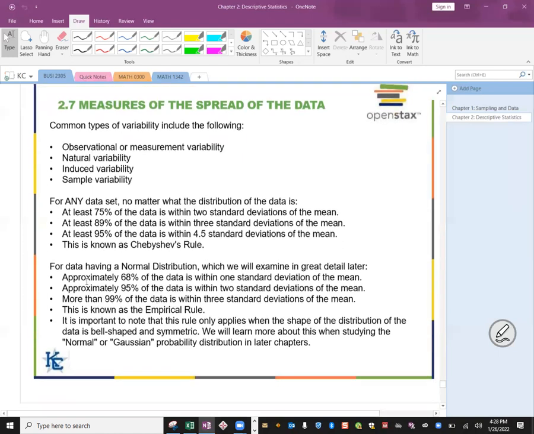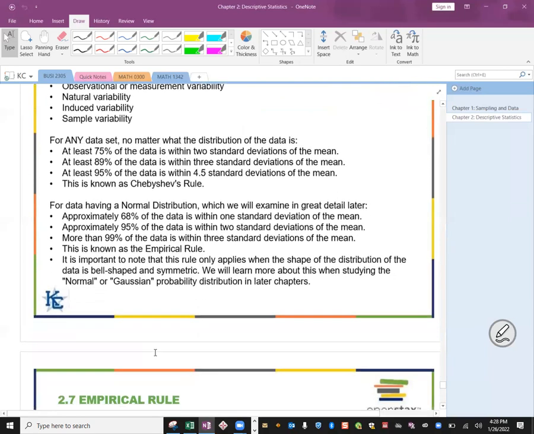So for any data set, no matter what the distribution of the data is, if your values are two standard deviations from the mean, 75% of your data should fall in there. With 3 standard deviations from the mean, 89% of your data should fall in there. And 4.5 standard deviations of your mean, 95% of your data should fall in there. And this is called the Chebyshev rule. We're not really going to talk about that in depth, but what we are going to talk about in depth